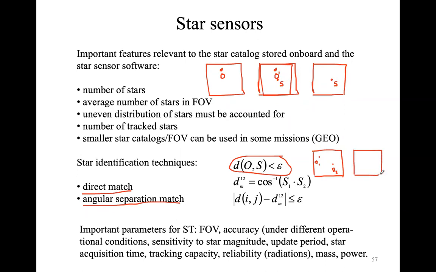Assuming that you have an error in your attitude, so the stars will be S1 and S2, so you have a rotation, for example, like that. And what you're going to compare is not the distance between O1 and O2 and S2, S1, but you're going to compare